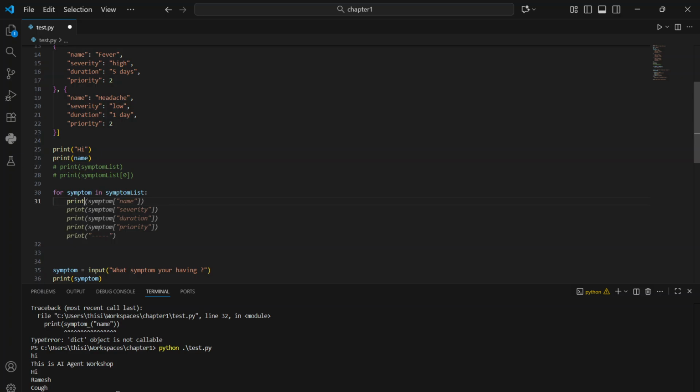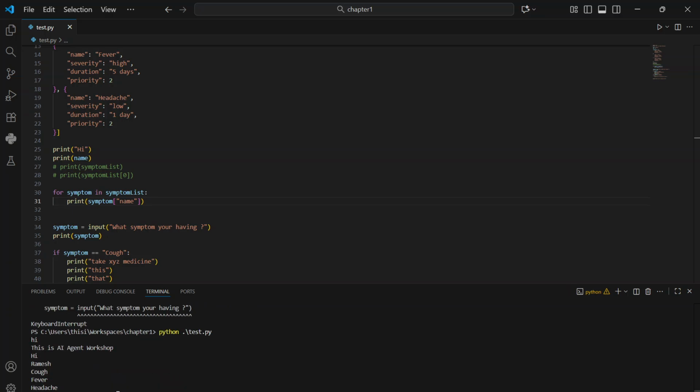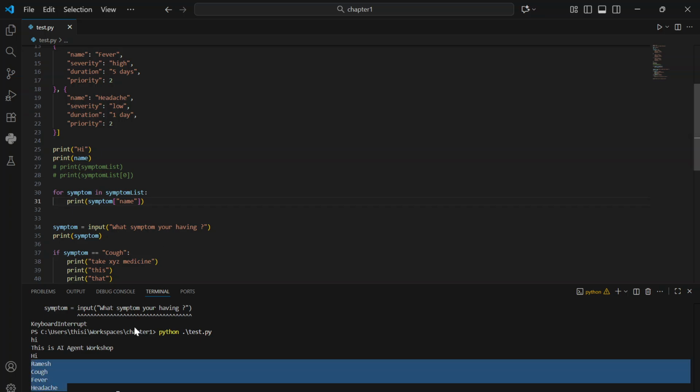Let's print the name. Okay, so this will print all the symptoms, this will print one, and this will also print all the symptoms, but in a loop. Let's see. So it's printing all the symptoms in a loop,